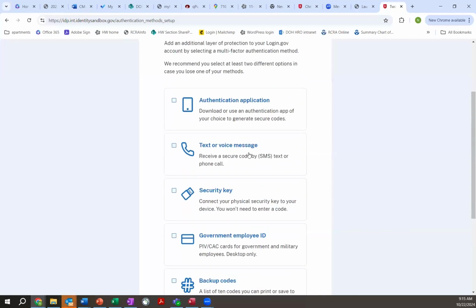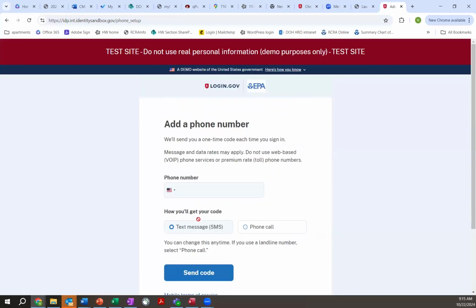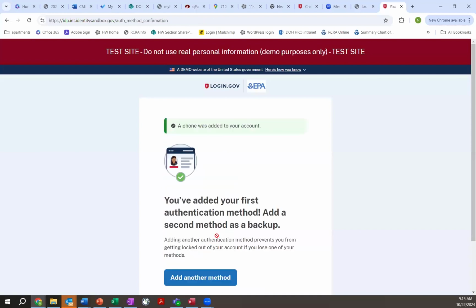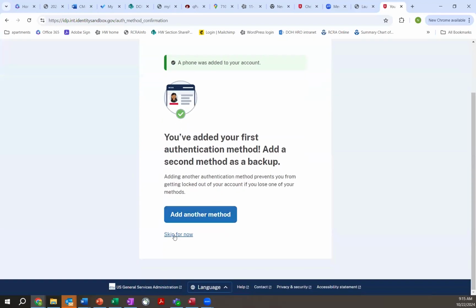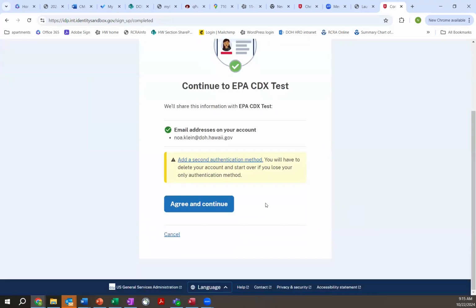A lot of times people will just do a text message, but the authentication application is a good option too. Then you go to your phone and get the message, and it does ask you if you want to add a second, but I'm going to skip that. Once you agree and continue, it's going to take you back into RCRAInfo.